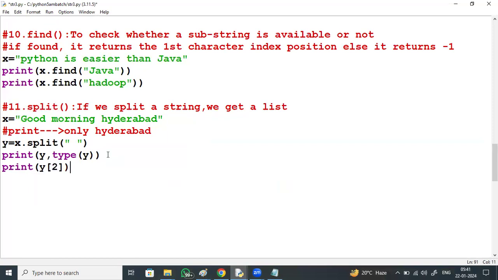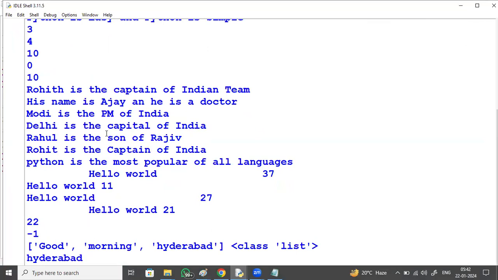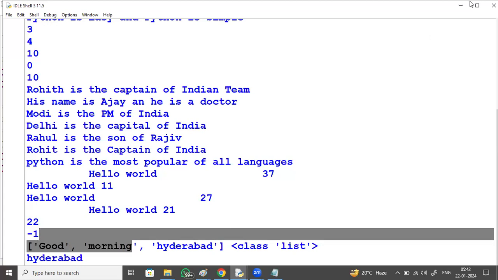Y of 0 is this, y of 1, and y of 2 is Hyderabad. Run module. Yes, it prints Hyderabad.